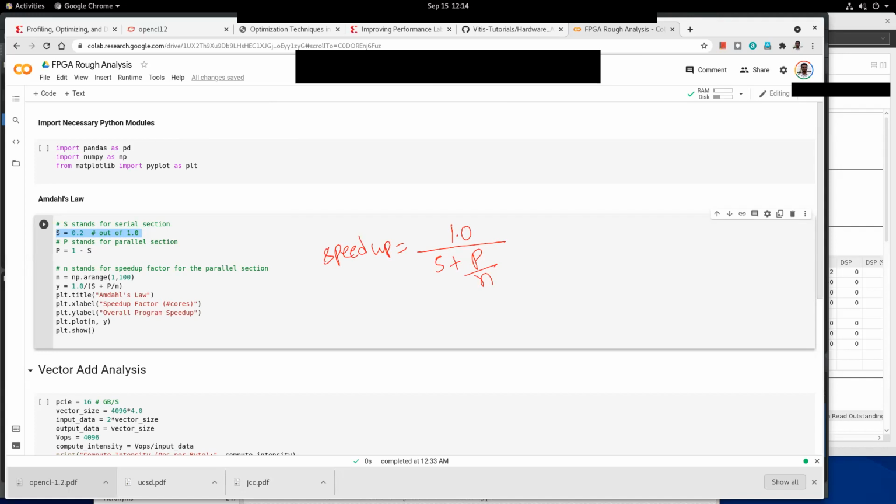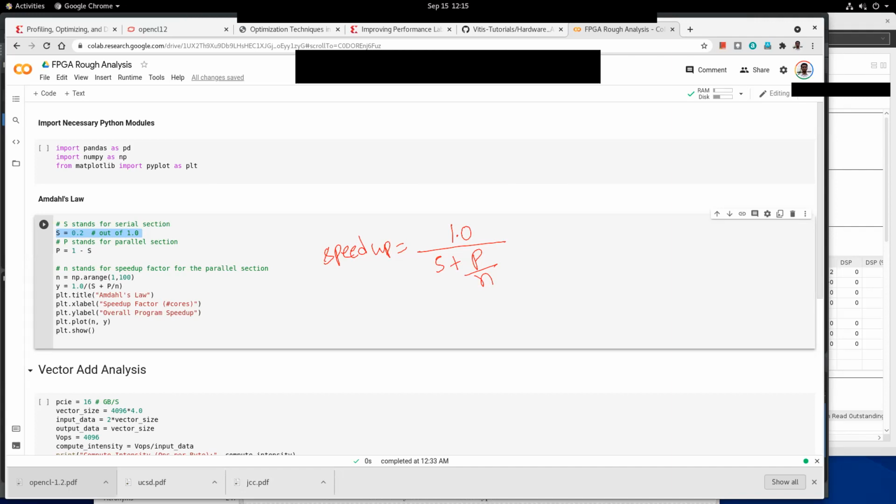This factor of n speed up you may obtain using n resources, or whatever way you adopt. That's all right. But if you are able to get a factor of n speed up, then this is what we get. For the sake of simplicity, just assume that we have n cores and we are able to get a perfect speed up on the parallel portion. Then this is the overall program speed up that we get.